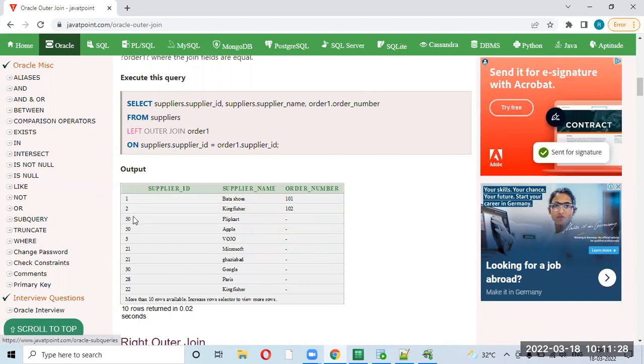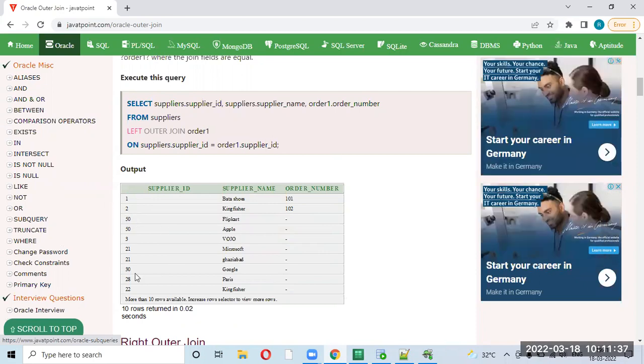You can definitely understand that all these supplier IDs, apart from 1, 2, are there in suppliers, your left table, but not there in the right table. How you can understand is the order number is from the right table. Since in that table there is no supplier ID called 50, how will it get an order number for that? It won't have any order number, right?